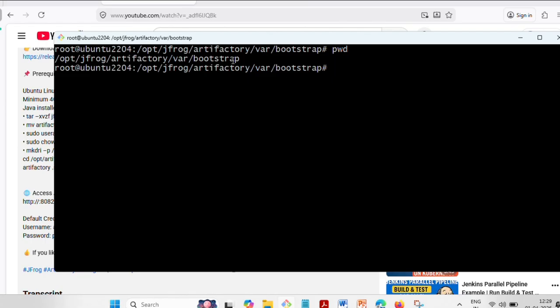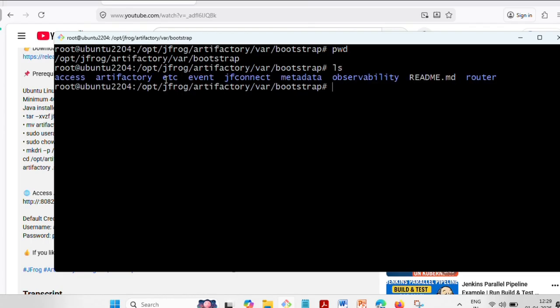So this is the path, pwd, and bootstrap, /opt/jfrog/artifactory/var/bootstrap. So here you can check with ls. Here it has an etc directory. You have to create it manually before starting JFrog Artifactory. So by using mkdir and giving etc, it will create it. This etc path is under /opt/jfrog/artifactory/var/bootstrap, and after that you can go to